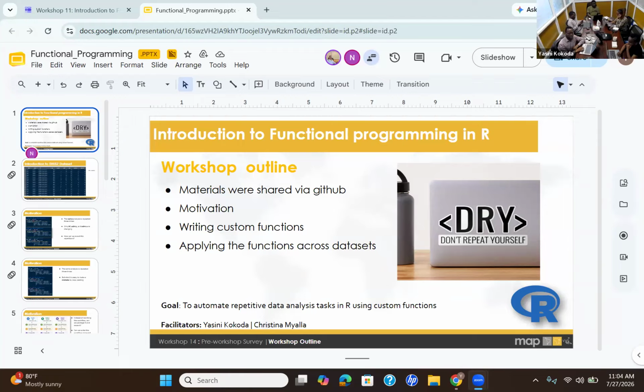So, hi everyone. Welcome to our session today, Introduction to Functional Programming in R. Before we get started, I already asked the ones who arrived early: was everyone able to get the material from the GitHub we shared last week on Friday?